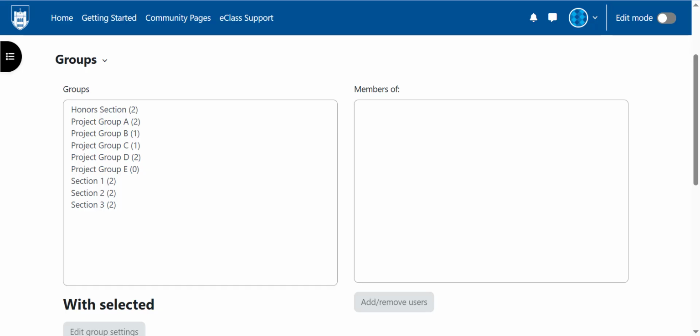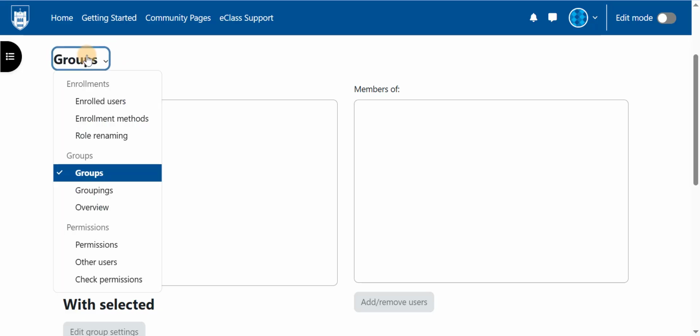There also might be instances where you may need many types of groups in your course page. For instance, in this example course, there are groups to split students into their course sections, and other groups to split them into small project groups. When you have many types of groups that separate the students in different ways, you will also want to create groupings. After creating your eClass groups, you can navigate to the Groupings page through the drop-down menu,